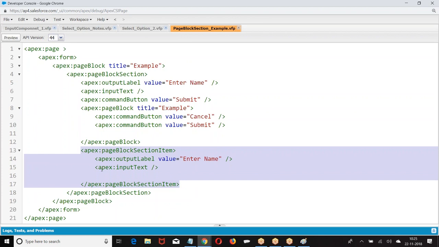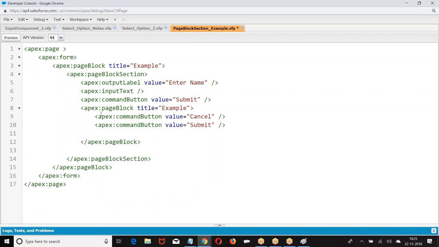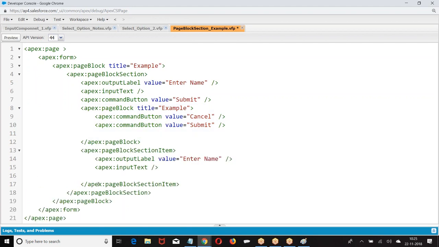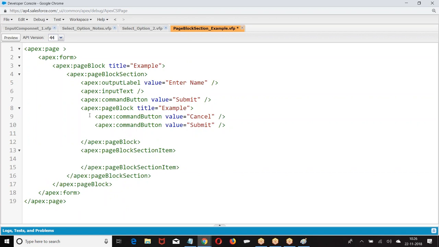Now, why are you not asking the same here? Chalo, remove this. Why are you not asking the same question here? Here we have two elements. One is the cancel button, one is the submit button. So whatever you write within this is a part of this element, and this complete thing is called one element. It's not necessary that I have to take input text and output text. I can give whatever I want.